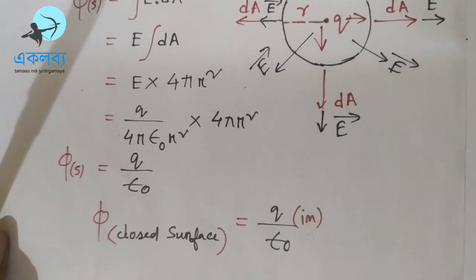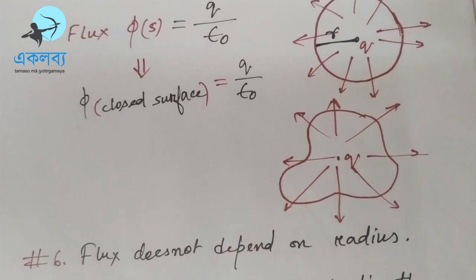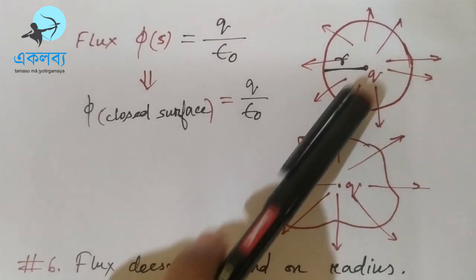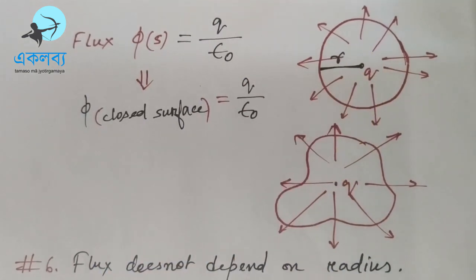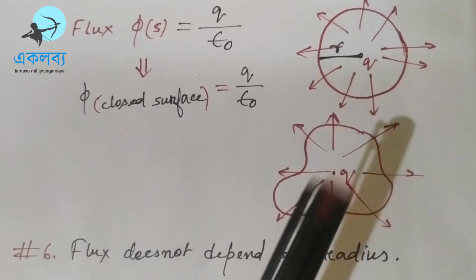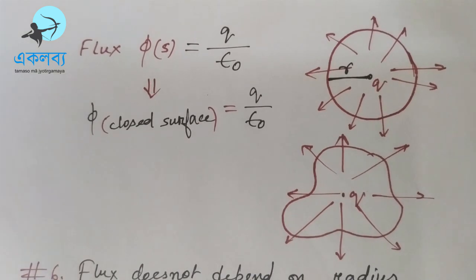If the source does not depend on r, then look at this very carefully. Any surface will have the same flux if the source enclosed by the surface is the same. If the source enclosed by these two different surfaces is the same, then flux through both the surfaces will be the same. This is very hard to understand. Though the surface is arbitrary, we may think that the flux may be different because here the integration will be different. But in that special case of a spherical surface, we have integrated to find a generalized case. Through the generalized formula, we understood that flux does not depend on the radius.